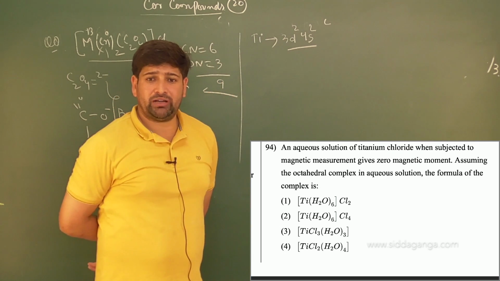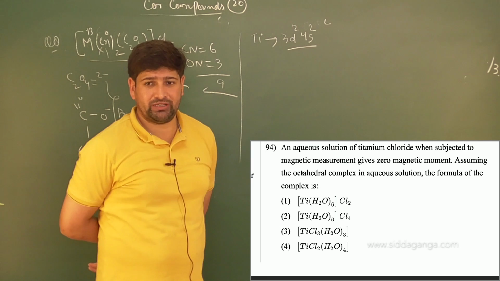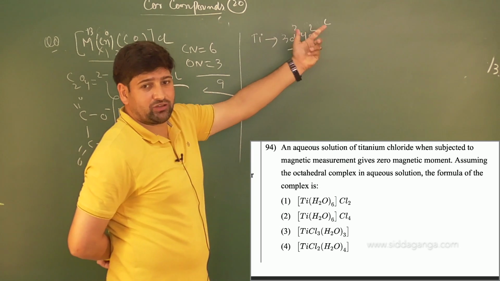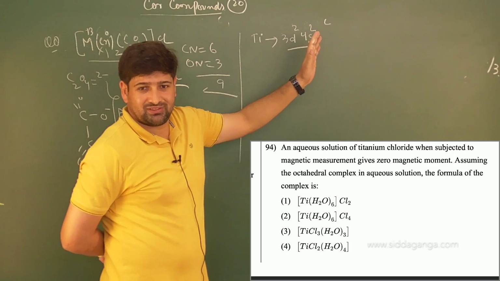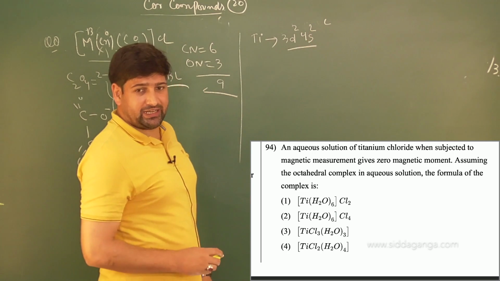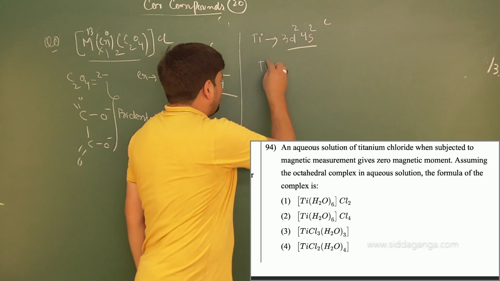This is the valence electronic configuration here, 3d2 4s2. It gives you magnetic moment how much? 0. If the magnetic moment is 0, that means there is no unpaired electron present at all. Now, if you look at the first option, Ti(H2O)6 Cl2,